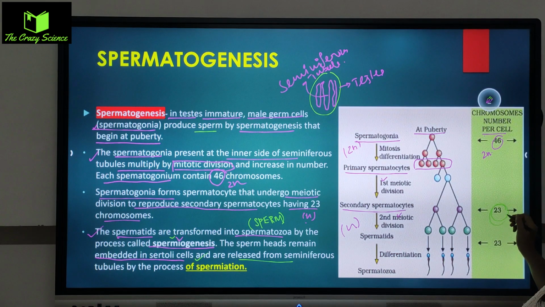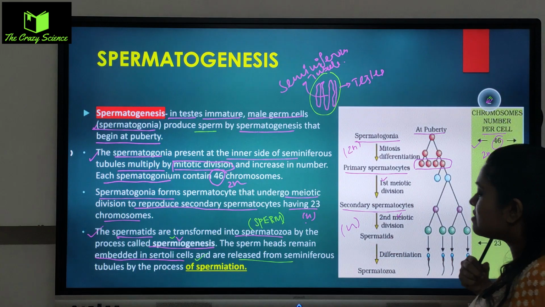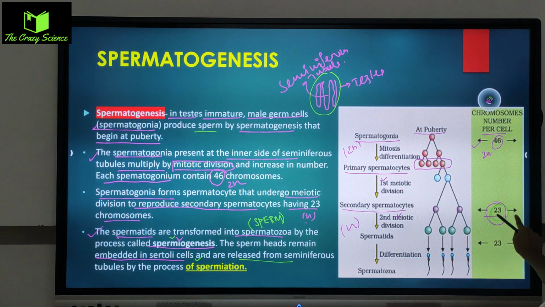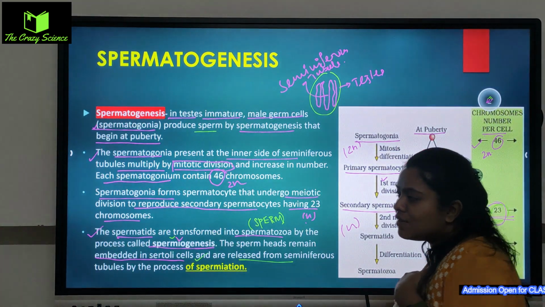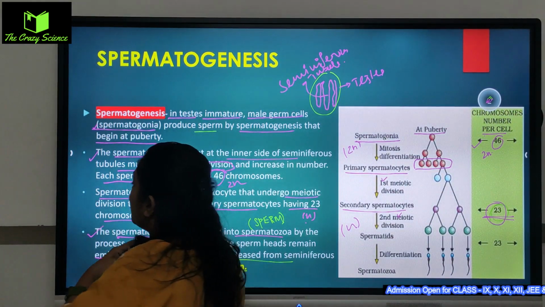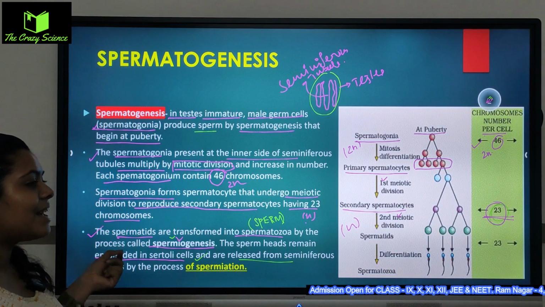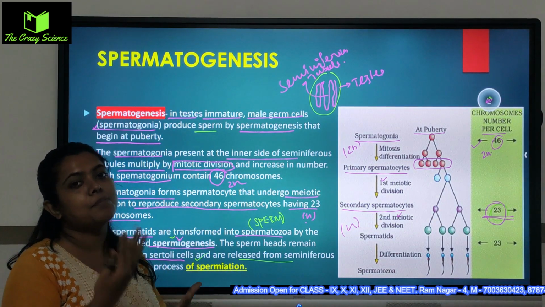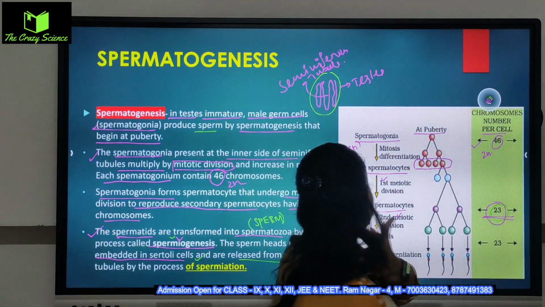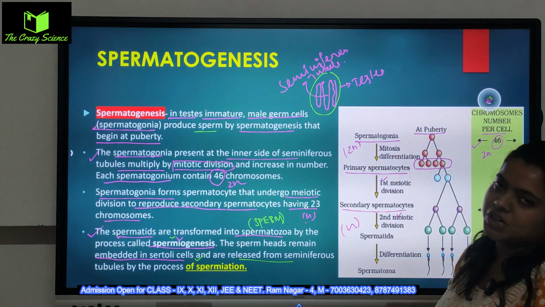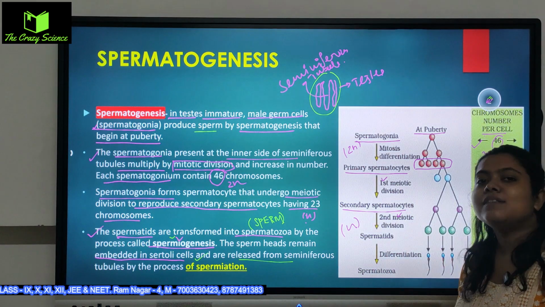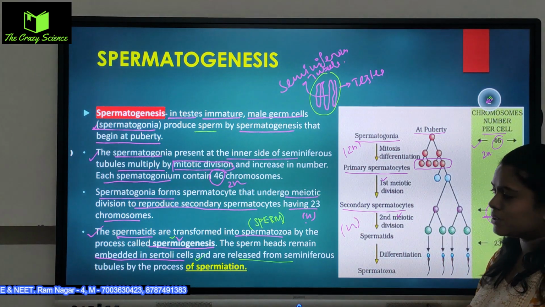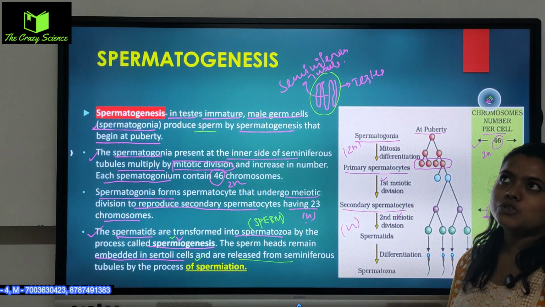here, how many? 23, you can see 23. So this started from diploid and they transform into where did it go? It went to haploid. Every gamete in the body, the male and the female, they are haploid in nature, and when they get fused with each other they make it diploid. Okay, diploid, 23 from the male and 23 from the female, and together they make the 46 chromosomes, either XX which will